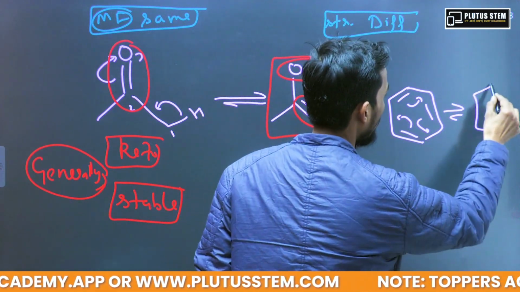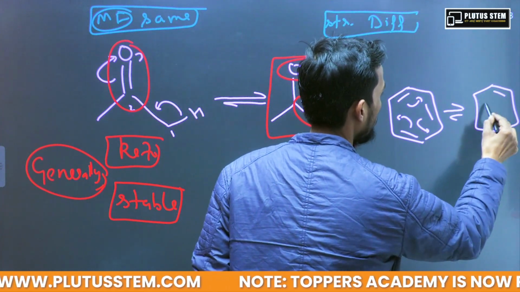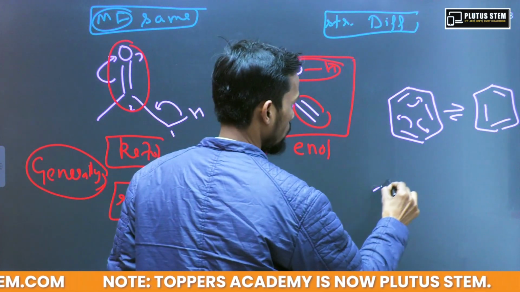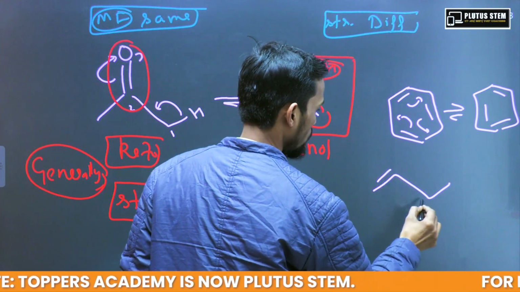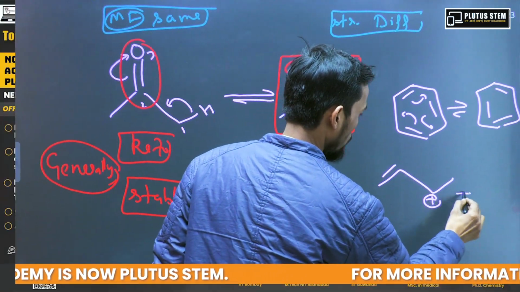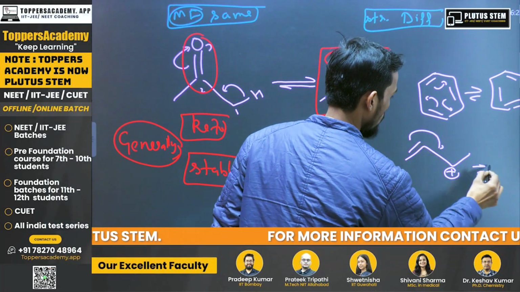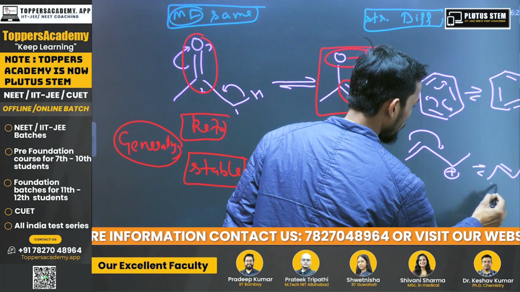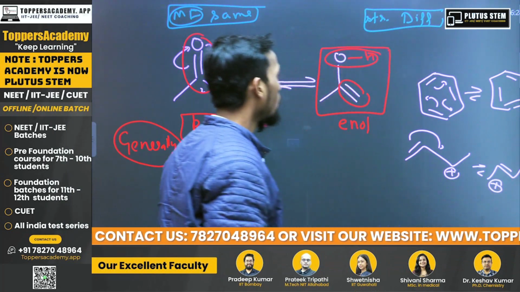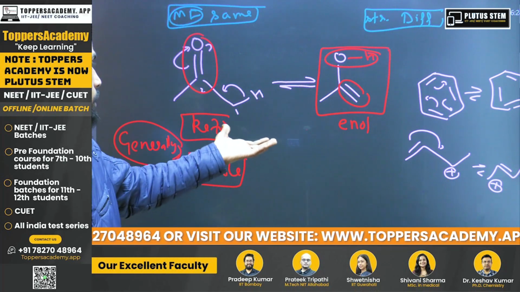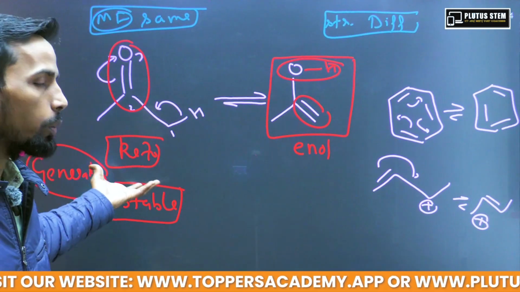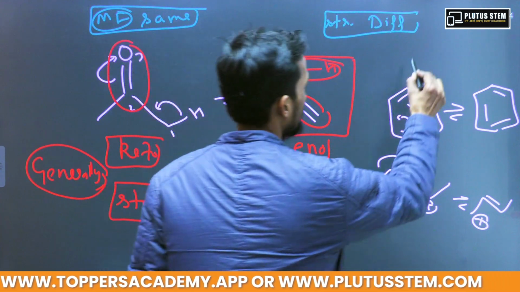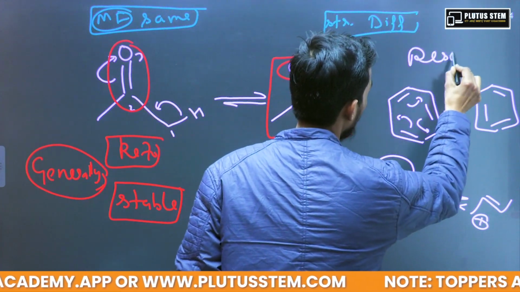So this is resonance. There is a doubt among various students about why we call this tautomerism and this resonance. So we are going to discuss that today